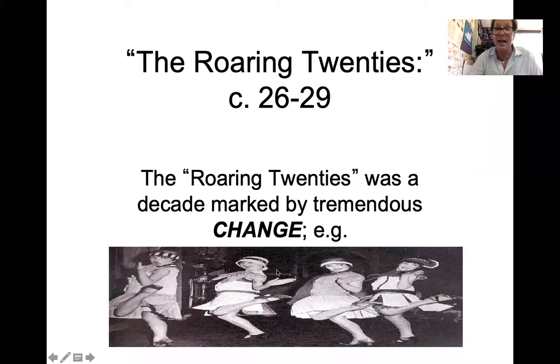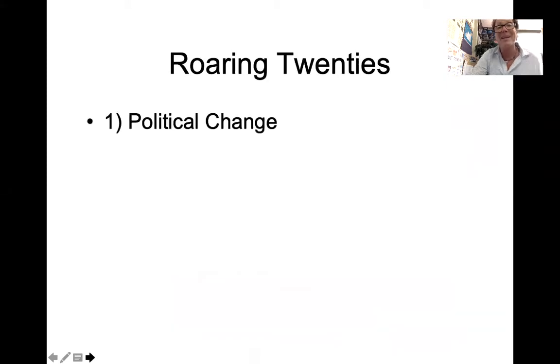And once again, I go back to these 4 ladies known as flappers, pushing the envelope in terms of what is considered to be appropriate behavior and appropriate dress attire for the time. Remember, this is over 100 years ago, or going on 100 years ago. Now, one of the big changes you're going to notice in the Roaring Twenties is going to be political change. And in actuality, some of the political changes will transpire prior to the start of this great decade. It's a great decade to talk about.